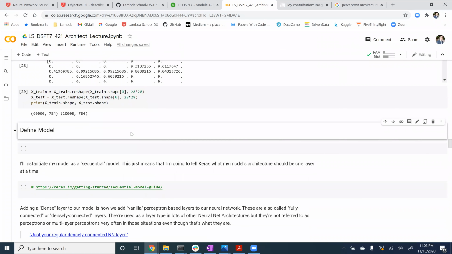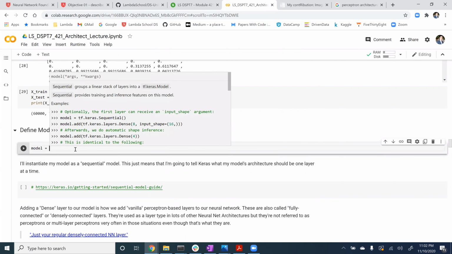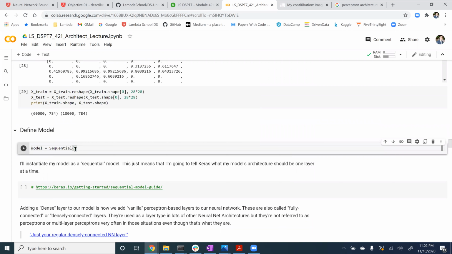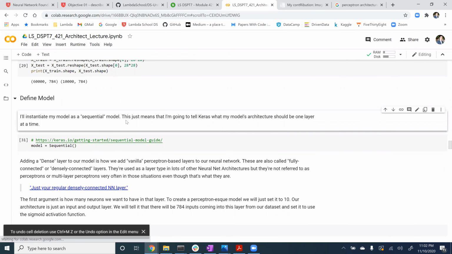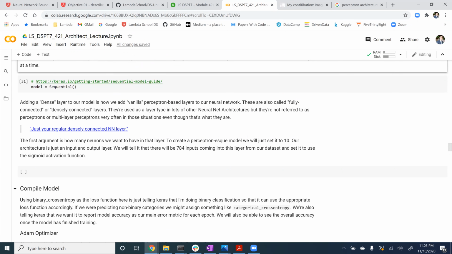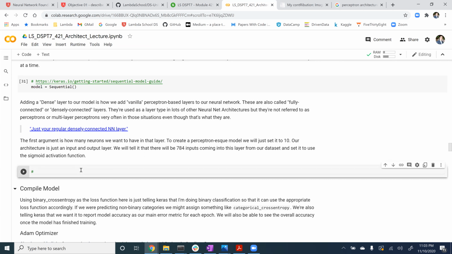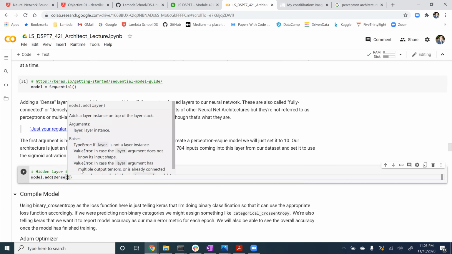All right, so in terms of data pre-processing, that's all that we really have to do. The data is now in a state where it's ready for us to train a model. We'll again instantiate the sequential model. And I guess I'll just put that here, and I don't think we need that cell. So we'll instantiate our sequential model, and then our next step is to add whatever layers we want. So in this case, we'll add a couple of layers, right? So we'll have hidden layer number 1, and we can do model.add, put in our dense layer,